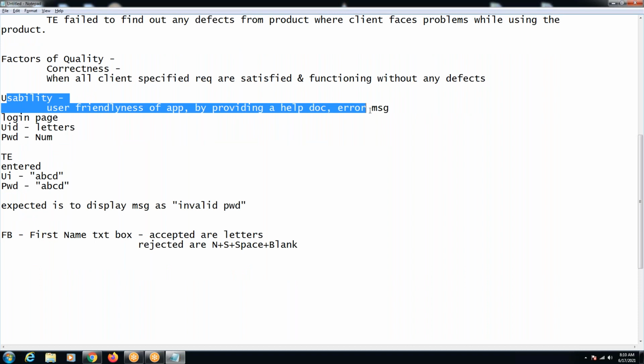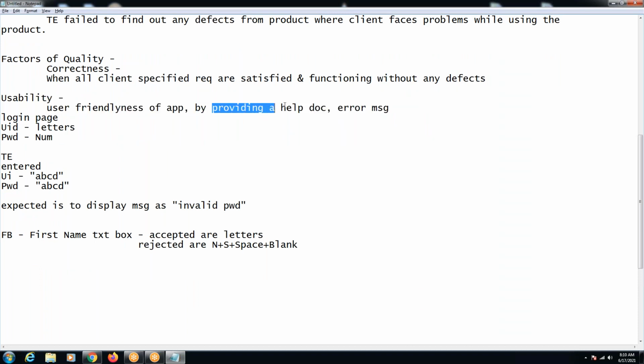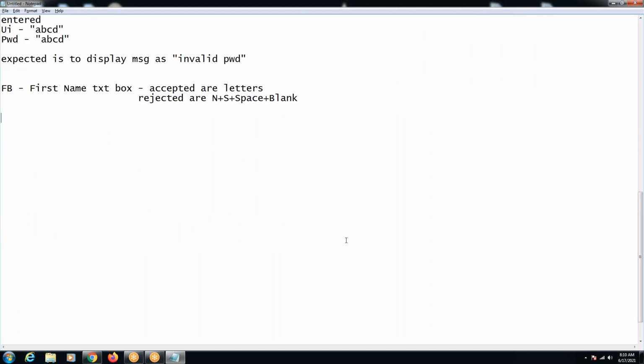Usability, user friendliness of an application by ensuring the provision of a help document or a corresponding error message, making it clear. Corresponding means pointing out the object which we entered invalid over there. So that is another factor which we need to work on. And there's another factor called